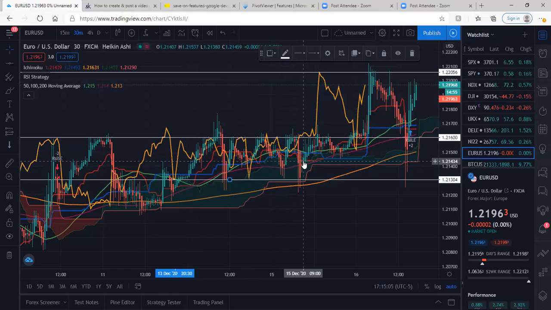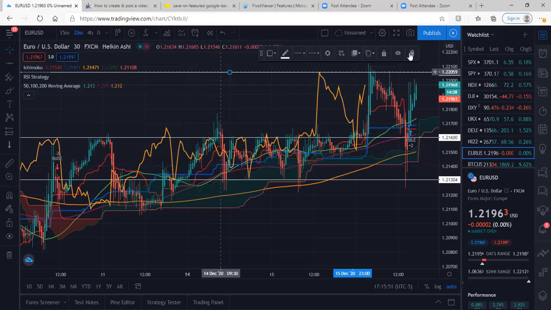I like to trade breakouts, so anytime it's bouncing in between this, I will place a trade depending on the conversion and my baseline, where the conversion is the red line and the blue line is my baseline. So if you notice right here, the red line crossed over the blue line again, so the red line is higher. Anytime the red line is above the blue line and it's above the cloud, that's just giving me verification that the buy is valid. And if you notice, it shot straight up and created a newer higher high,